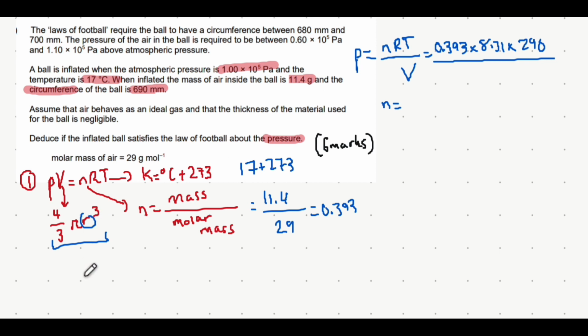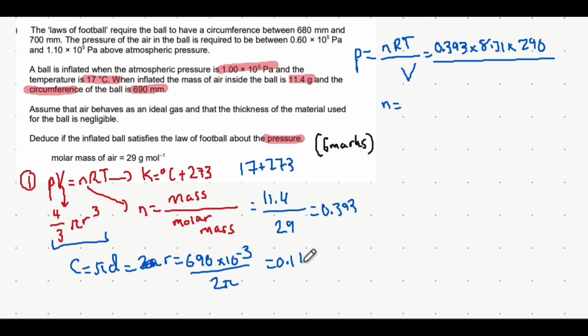But where do we get the radius from? All it's given us is the circumference. We know the circumference is pi times diameter, but because the diameter is 2 times as big as the radius, we can just say it's 2 pi r, and that's equal to 690 millimeters. Here we're going to convert into meters, so 690 times 10 to the minus 3. Dividing both sides by 2 pi, we get the actual radius of the ball, which in a calculator will give you a value of